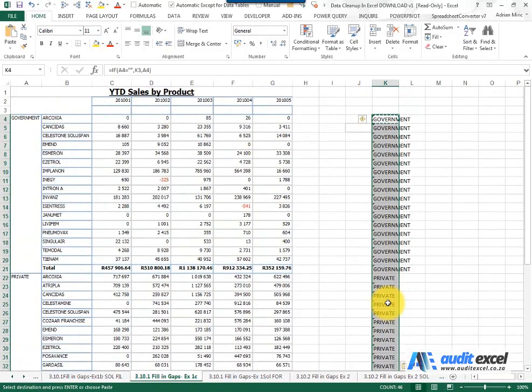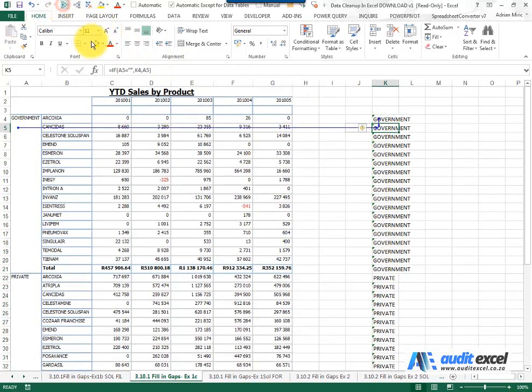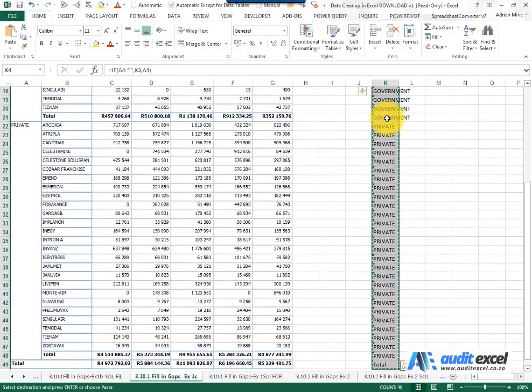Yeah, and paste it. And what you'll see is what Excel is doing is in each line it's looking to see if there's a blank there. If there's a blank there, then it assumes you must use the one above. If it's not a blank, so in this example it looks here, it doesn't see a blank, therefore it uses whatever's there. We can then go